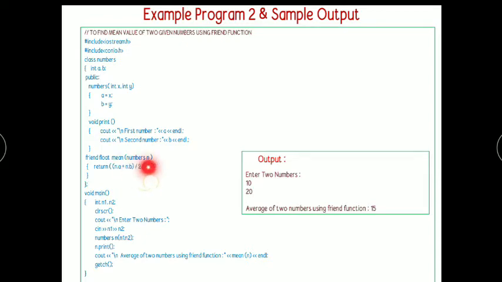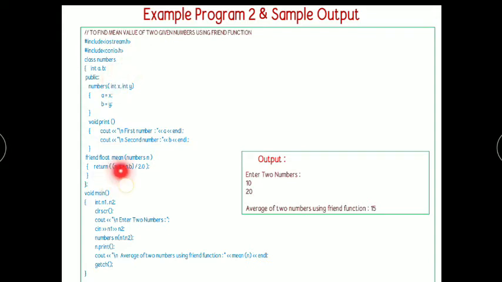We can access these private members only through objects. So n.a will retrieve the first private member and n.b will retrieve the second private member. Then add these two numbers and divide that number by 2. So you will get the mean value of the two numbers a and b.